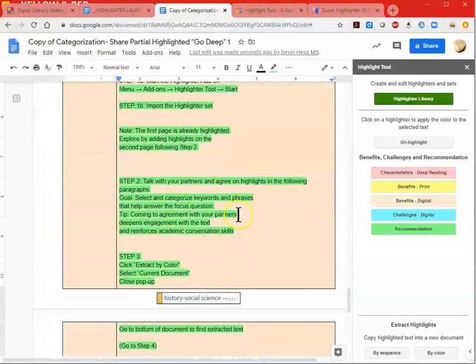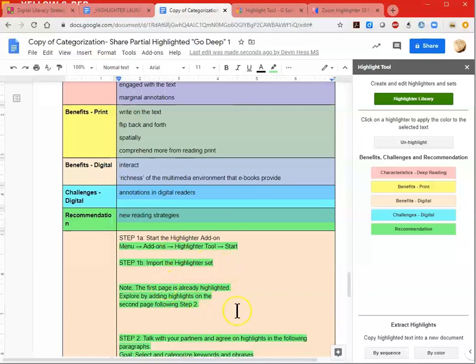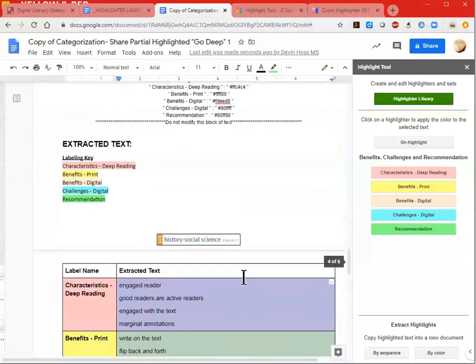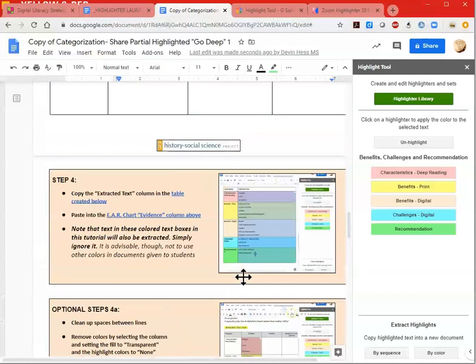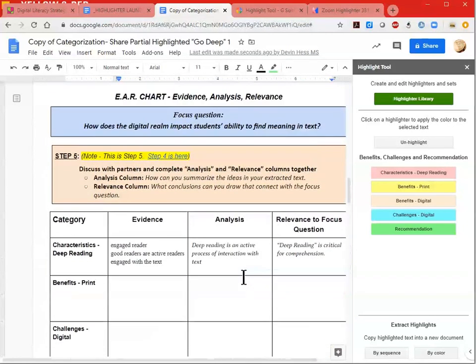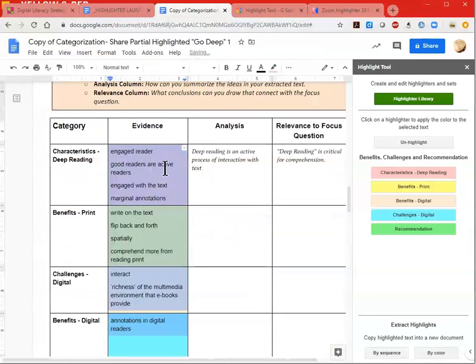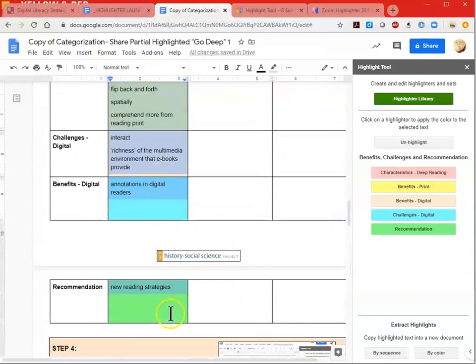Notice there's this other text down below. That's because I used text boxes that had color in them for the sake of emphasis. Ignore that at this time. I would advise when you give it to your students not to include color in your text boxes, just so not to confuse them. So then you'll paste that in here, and again you're going to select that whole column,